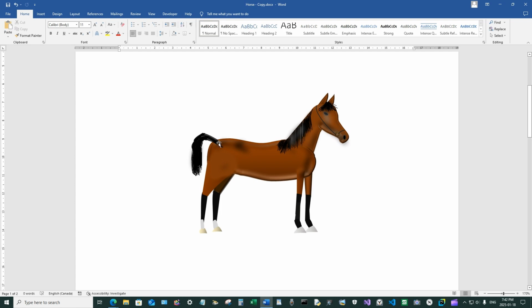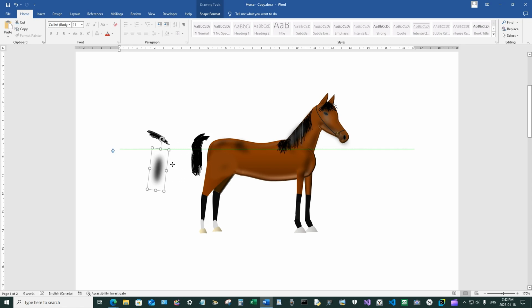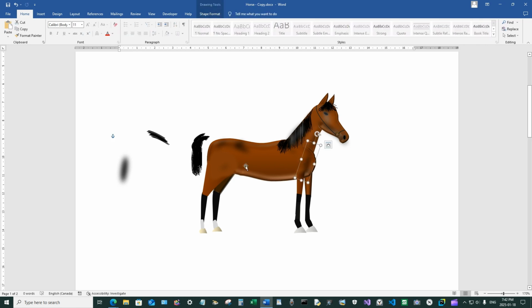Okay, so some of it's already moved, like the tail here has moved. As you can see, it's just a bunch of lines I created, strands. And then I put this black mask over top to kind of fill in the little white gaps a little more. And that's one of the techniques if you want to create shade. There's a few pieces here as well,